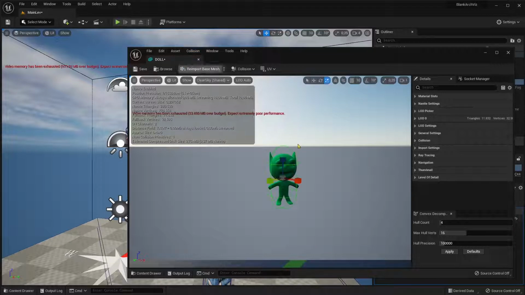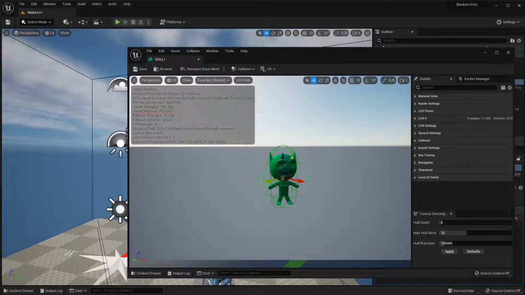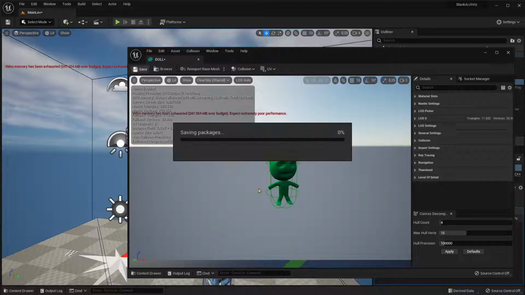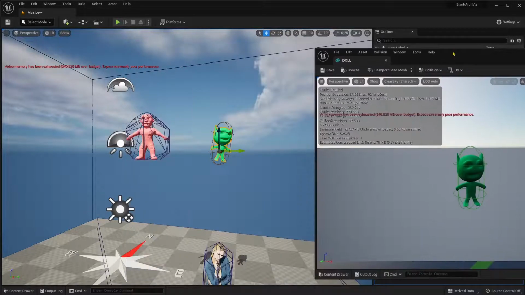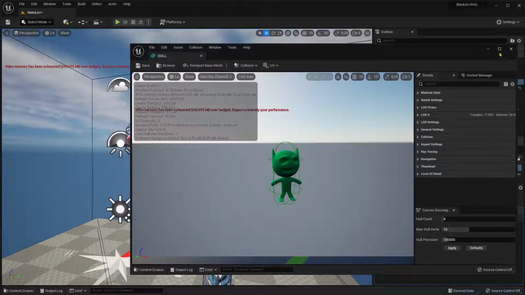Now, just to show you a quick way you can add this simple collision, you can move it around, and you can add more if you need more. So let's say that I want to add also here a sphere collision for the head and try to scale it down a little bit, but it's difficult right now because this is too small. So I'm just gonna keep it this way and save everything. There you go. Now once it's saved, you will see it also in the editor there, and well, you